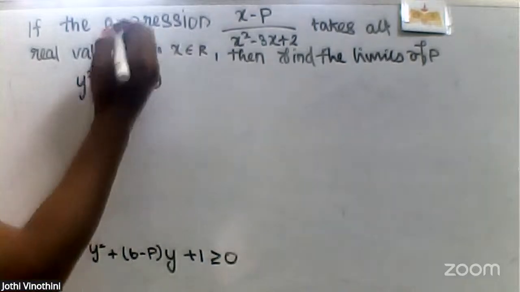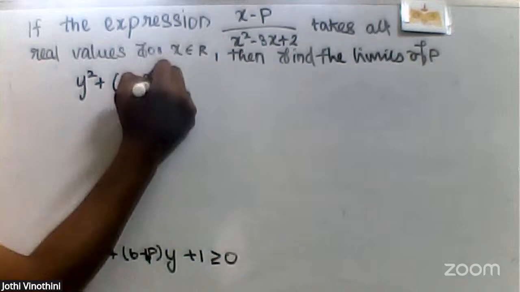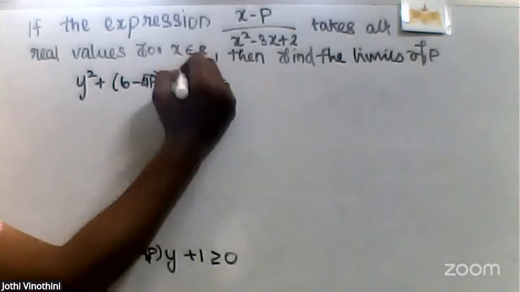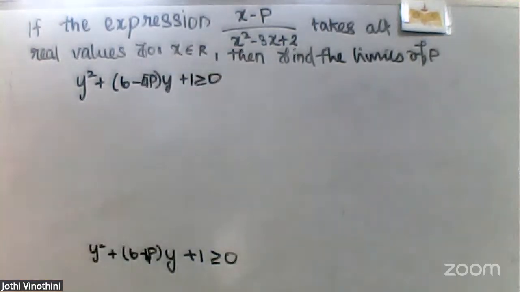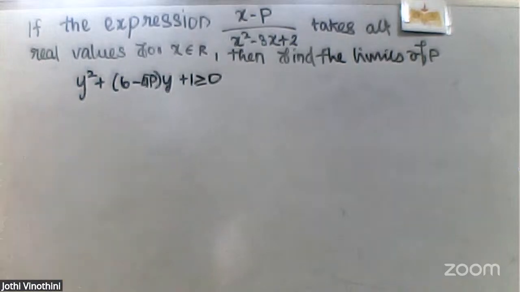Okay. So it is 6 minus 4p, right? We missed the 4. 6 minus 4p multiplied by y plus 1 must be greater than or equal to 0. Right? We missed the 4 in the previous equation. Right. So now I am going to compare it with